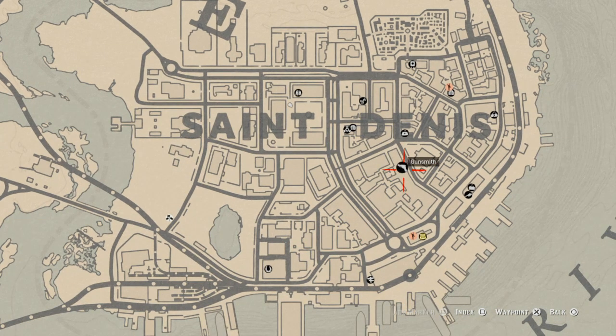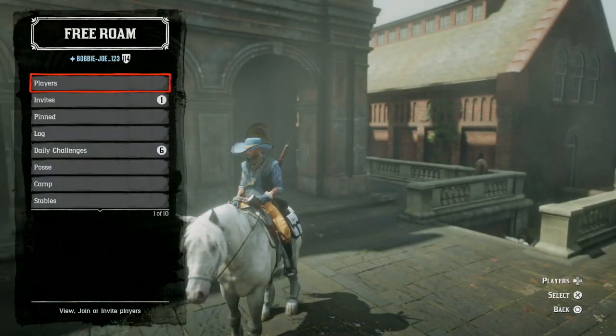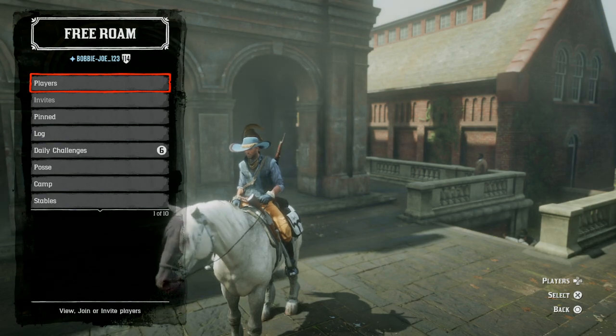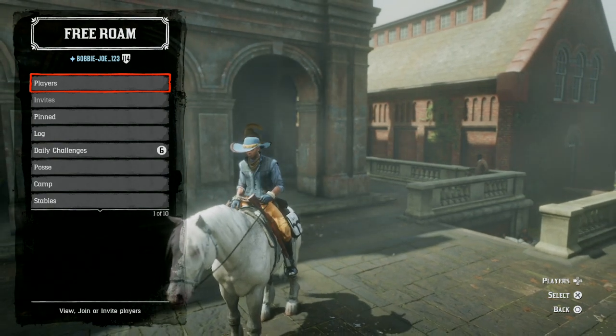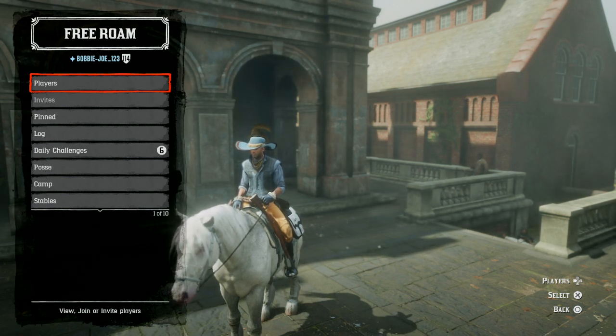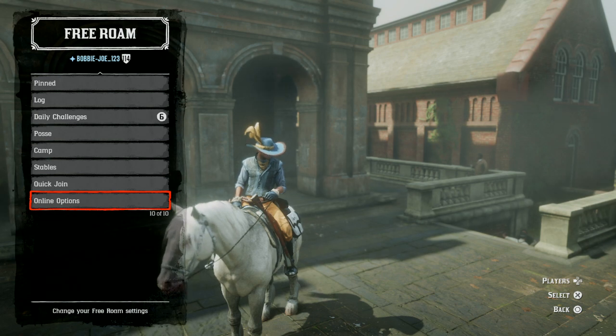We'll go to the gunsmith. Oh, also, I forgot to tell you, there's a lot of things going on at the moment. As you see on this free run playlist, usually it said 1 of 9. Now it says 1 of 10. And the reason it says 1 of 10 is